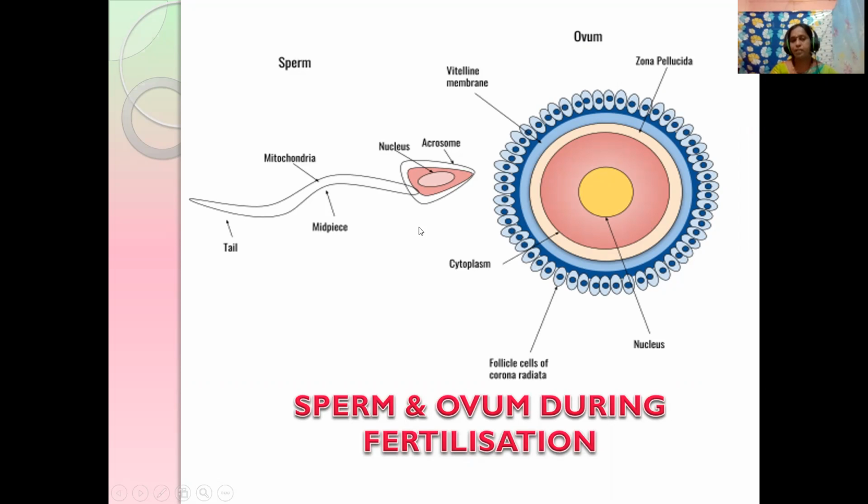A sperm cannot enter into the egg so easily. Why? Because the ovum feels it as a foreign body. So there is a chance of only one sperm entering the egg. After one sperm enters, the membrane is depolarized, which blocks the further entry of sperms. In this way, a single sperm enters into the ovum.